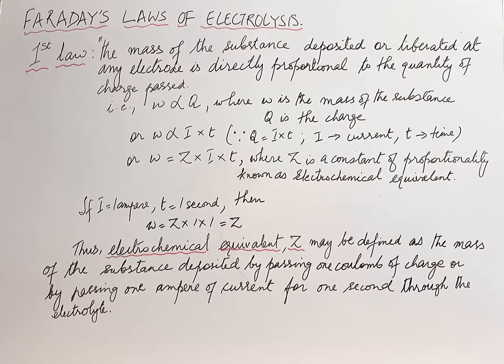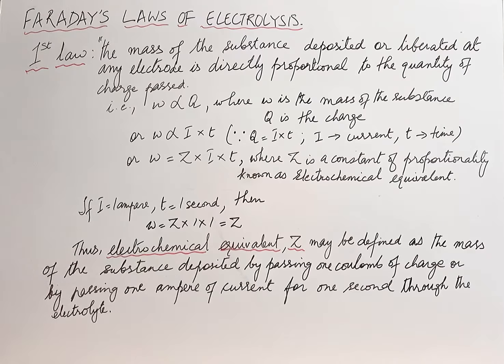Now, at the anode, the anions lose their electrons, and as they lose their electrons, they are usually liberated in the form of gases. While at the cathode, cations gain electrons, and after gaining electrons, they change into the atomic state. Usually, cations change into the metallic state. So, how much of the gas is liberated at the anode, or how much of the metal is being deposited